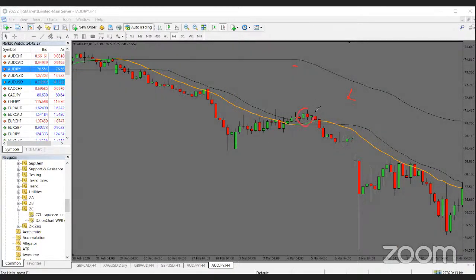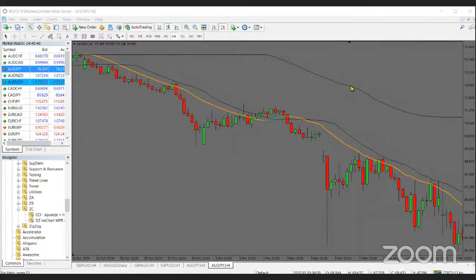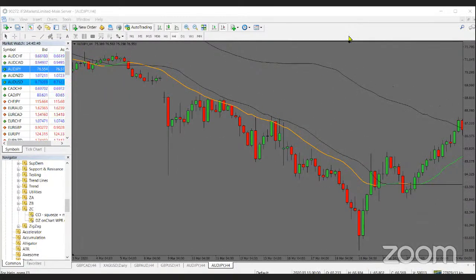Price comes back in the middle, we are not interested. Price broke out of the lower band. Unfortunately, there's no retest. Forget it. The retest comes over here, and then price falls. Cool. And then retest again, you still can enter. And then over here, there wasn't really any valid retest.